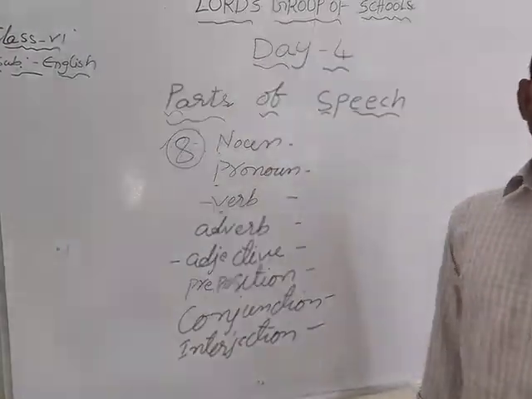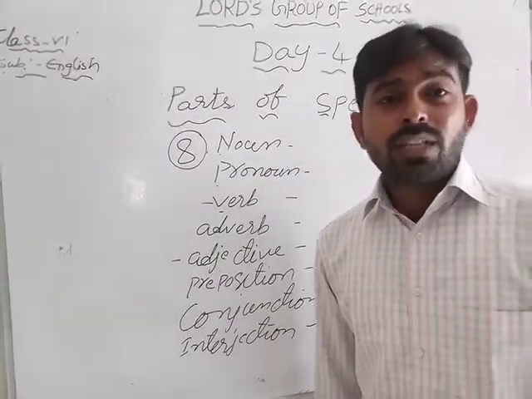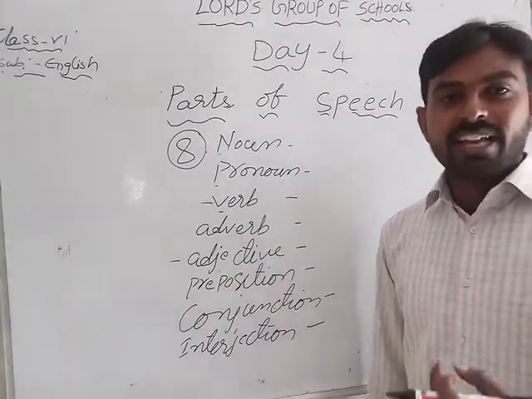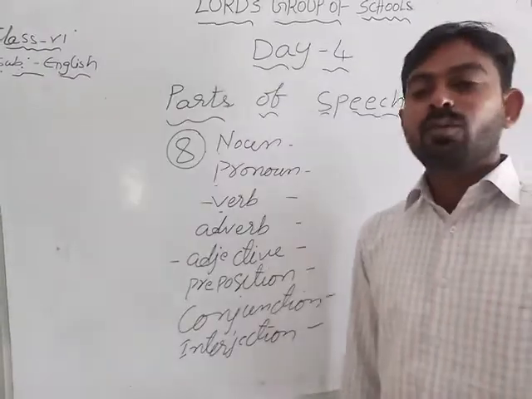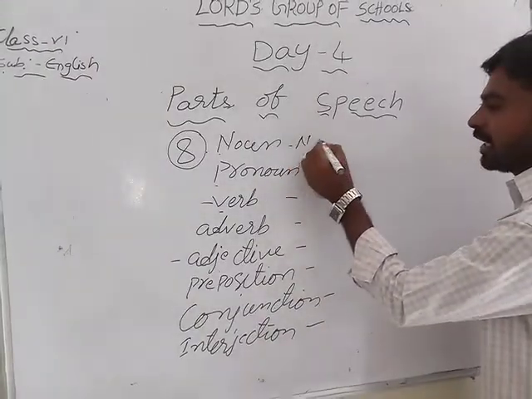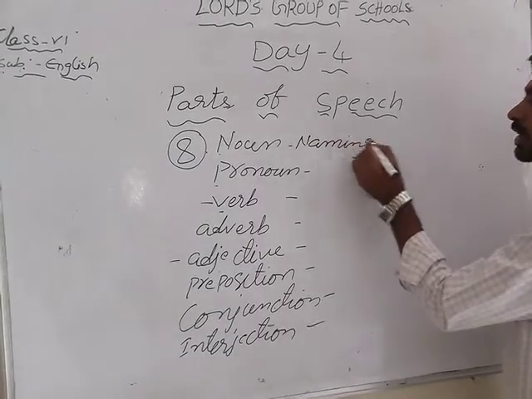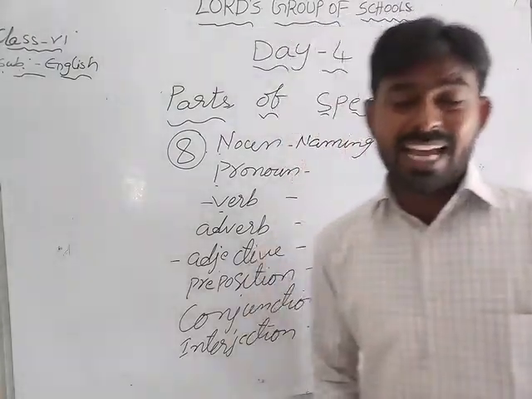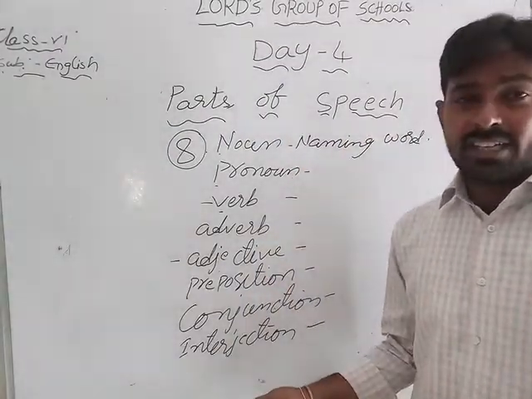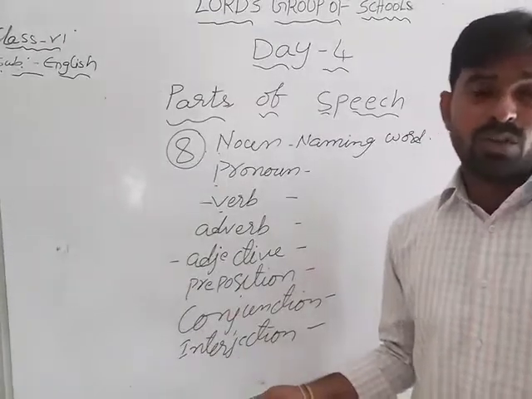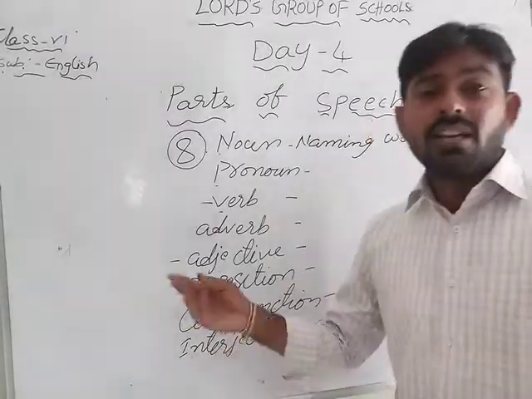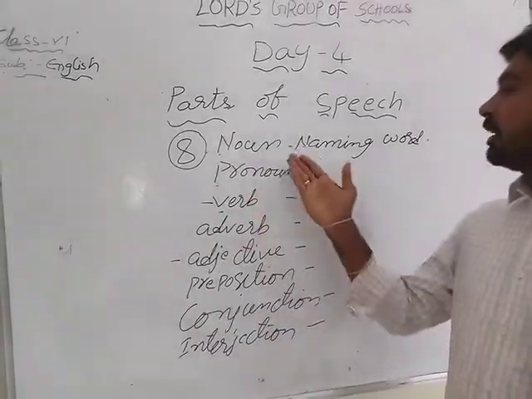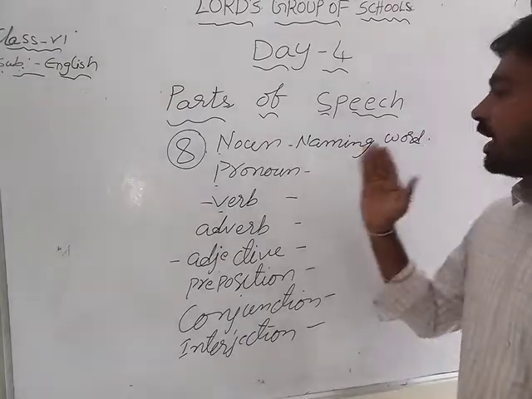Noun is a word which gives importance to a name, place, area. Noun is nothing but a naming word. It is the naming word which gives the name importance. For example, any substance: that book, that pen, your name, my name, school name, all are considered a noun. A naming word is called a noun.